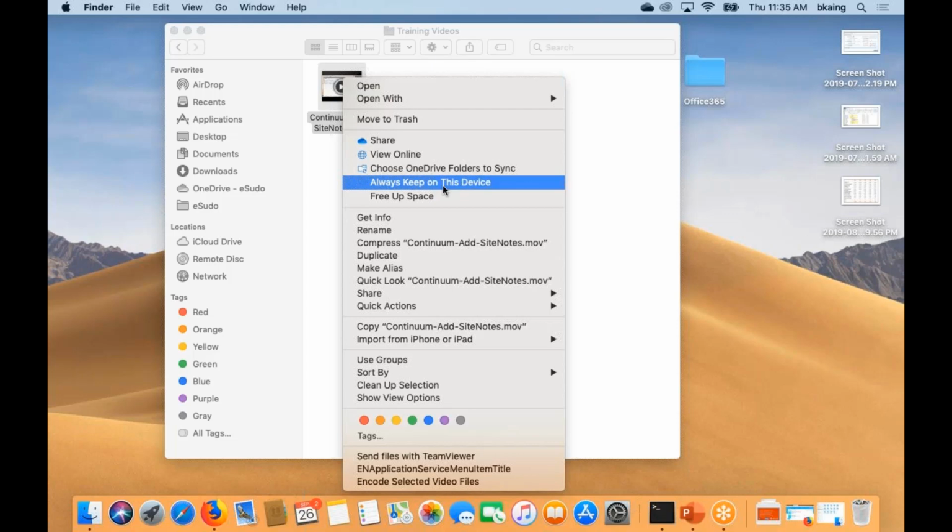And the next time you work on it, you make changes to it, you have internet connection, it's going to try and upload that and sync it to your OneDrive Online. The other option, you see how it says free up space. If you downloaded something and you don't want to keep it anymore, you can click free up space. It'll just put a shortcut to it, so that it just points a link to the OneDrive file.